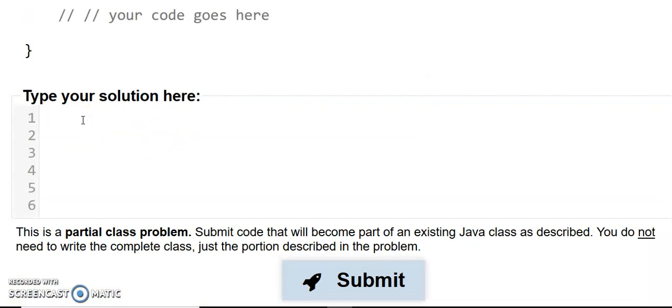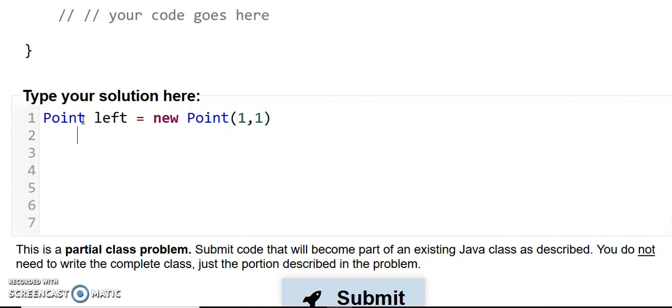If we're in the client code and maybe we've said point left equals new point 1, 1, and we've said point right equals new point 2, 2,